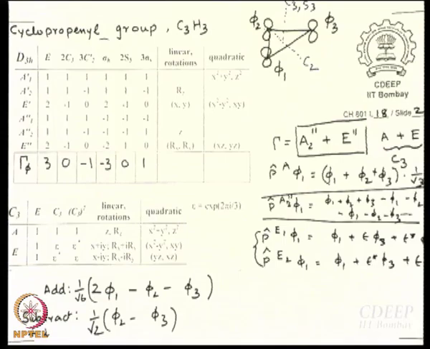Everybody is convinced? I haven't worked it out myself, but if you are getting E dash, then we are a little lucky. Generally, it does not work out like that. Generally, what you get is a reducible representation which breaks down into multiple terms. But if you are getting it, it is fine. You are getting E dash, so you are lucky. What will we call that state? E dash state, right? And then, depending on what the electron is, what the spin wave function is, it can be a singlet state or a triplet state.